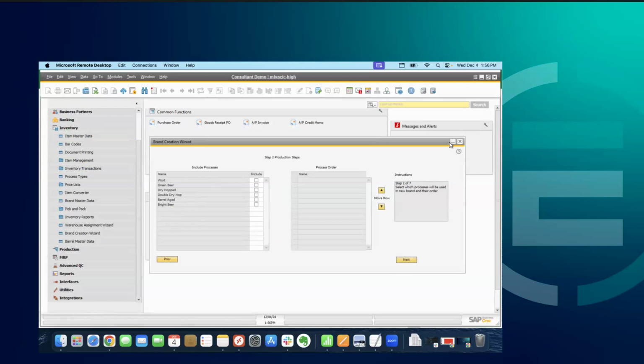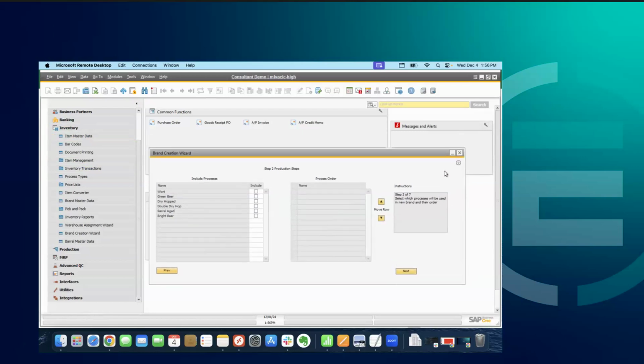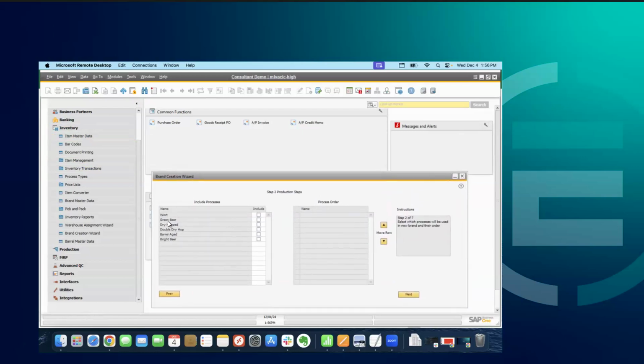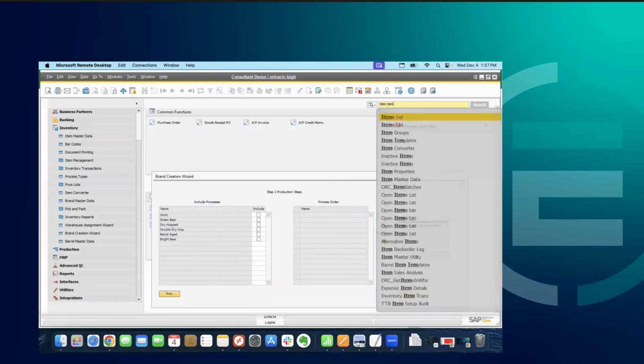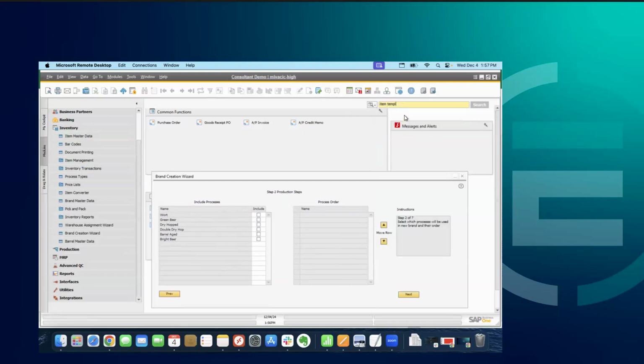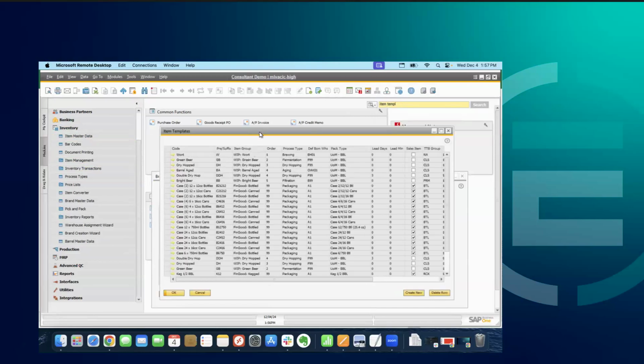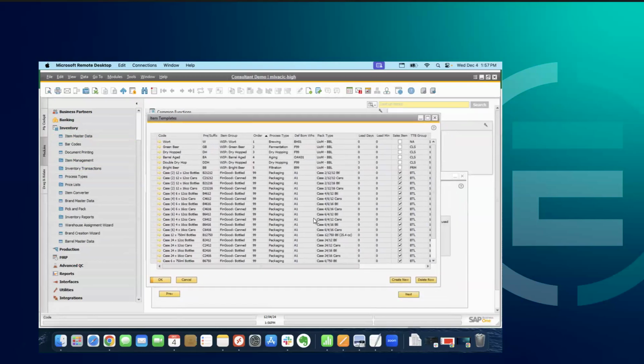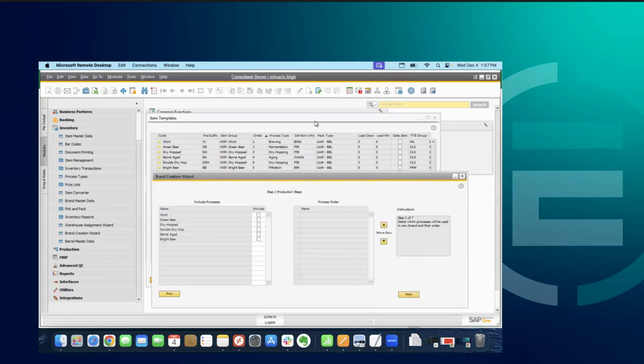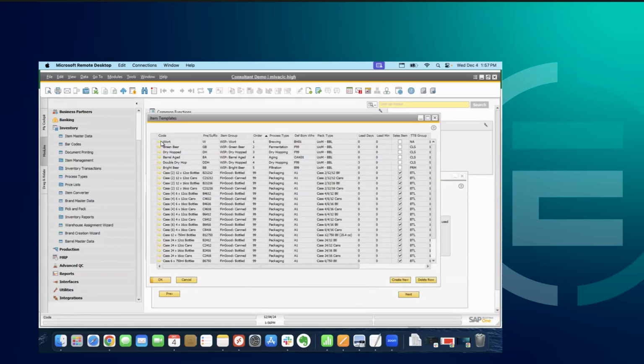And one thing that I wanted to show you guys, if you're currently using it or not using it, you're like, oh, I fruit this beer, but I don't see fruit on this list. And that's because the brand creation wizard is driven by another table that we have in the system called item templates. So this is where all the information lives if I'm trying to make a new brand. So for example,